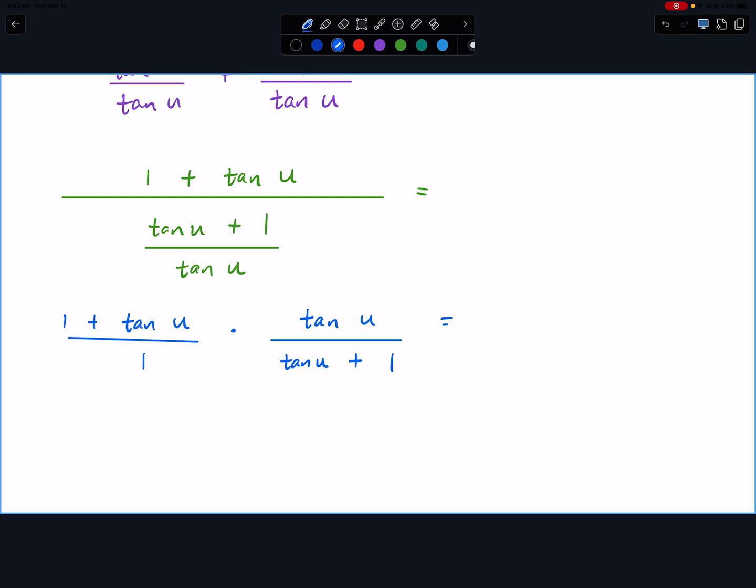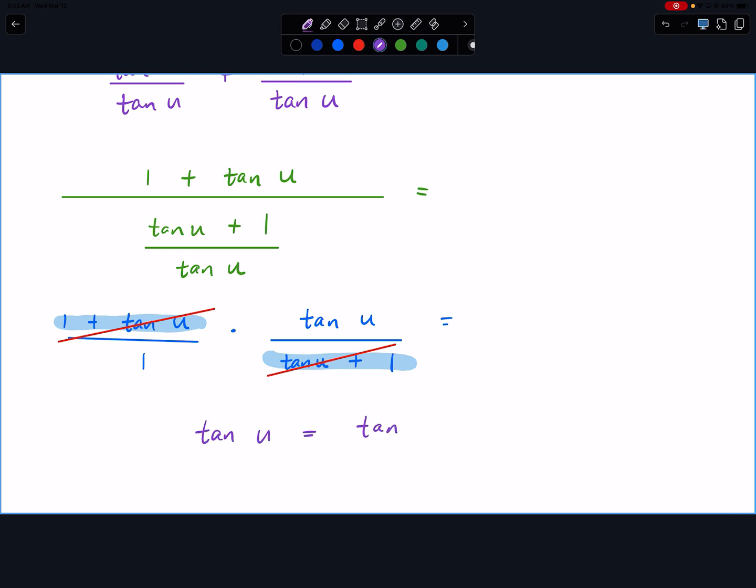You guys notice something? They cancel. Aren't these the same thing? Order doesn't matter because they're both positive. So same thing, so they cancel out. So I'm left with just tangent of u over 1, which is just the same thing as tangent of u